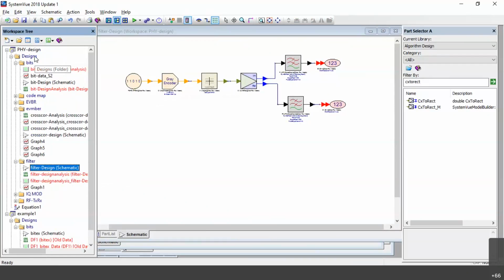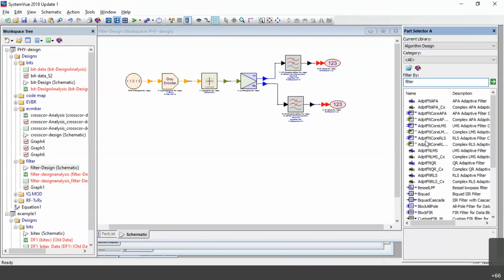Right click on the design, add design analysis, name the design as filter. Right. Filter design. Then you select this. So here you took complex to rectangular, right? Drag and drop. Next we have to select filter. Now there are multiple filters. What filter do you want?